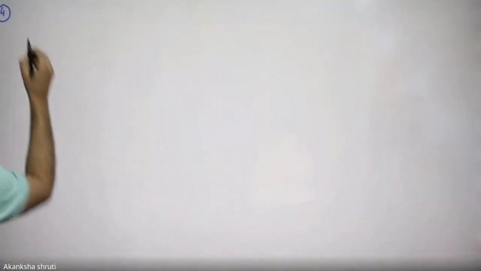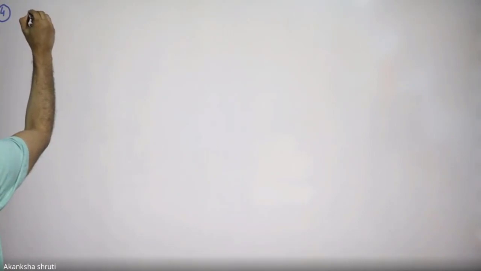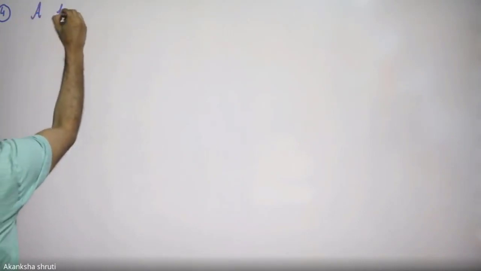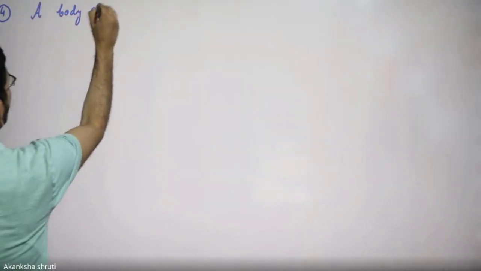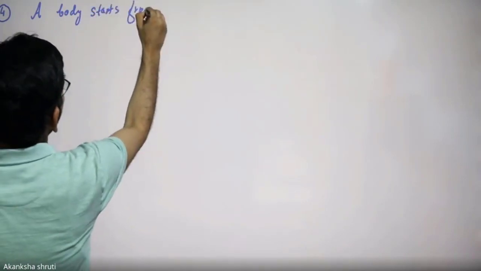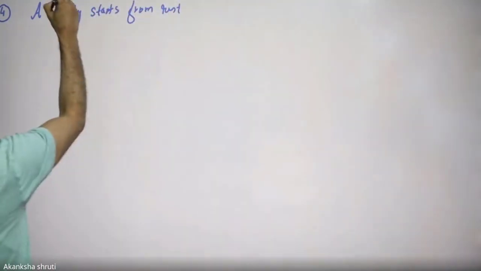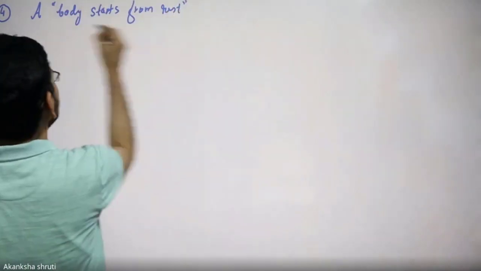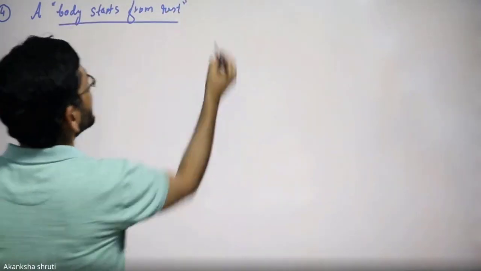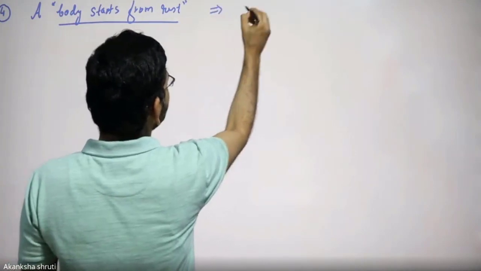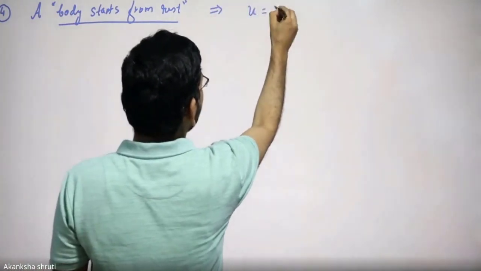In addition to that, there are a few phrases used in physics in framing numericals, from which a quantity is given. So what are those phrases? Write down the first thing: if it is written that a body starts from rest, this phrase or statement, if present anywhere in the numerical, simply means you are given the value of initial velocity as 0.